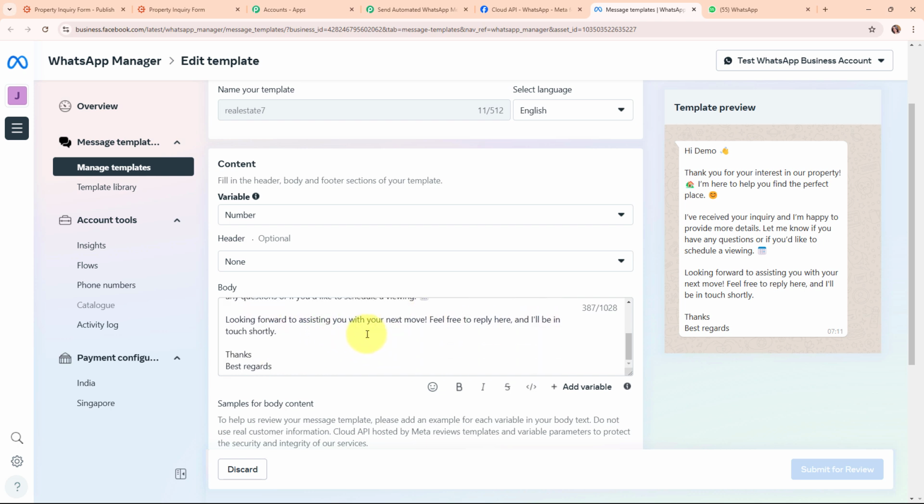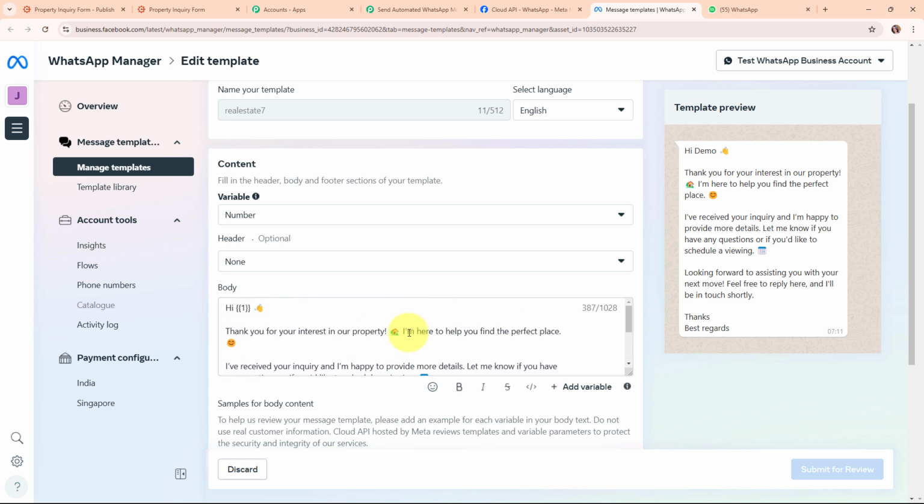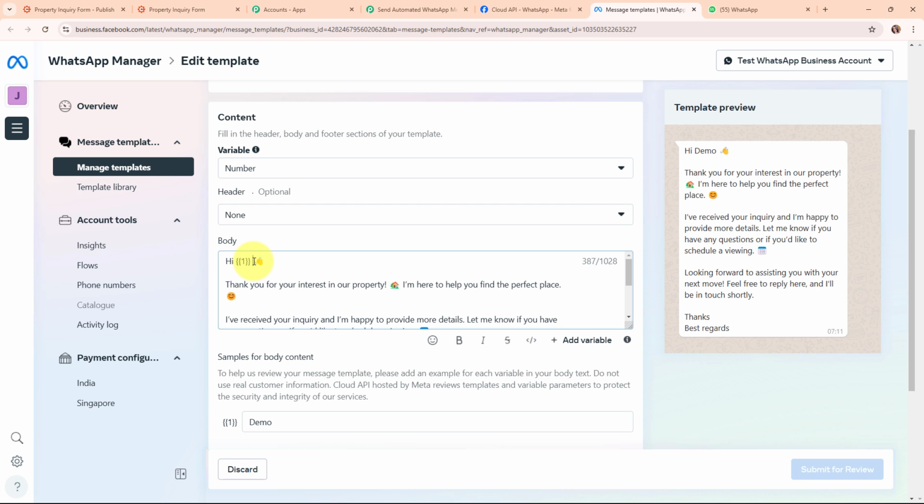Looking forward to assisting you with your next move. Feel free to reply here and I'll be in touch shortly. Thanks, best regards." So this is the template that I have used. This is the message that I've drafted, and here you can see I've used a variable in the place